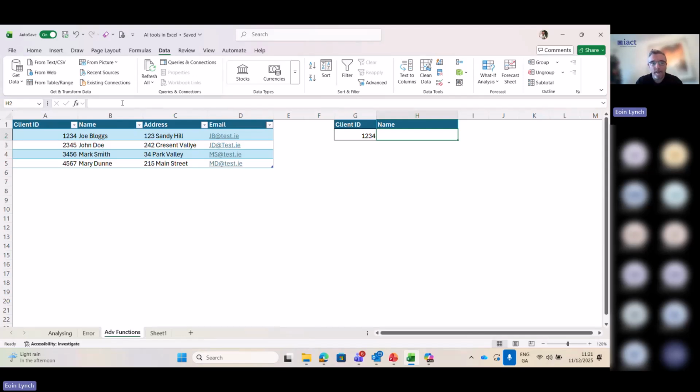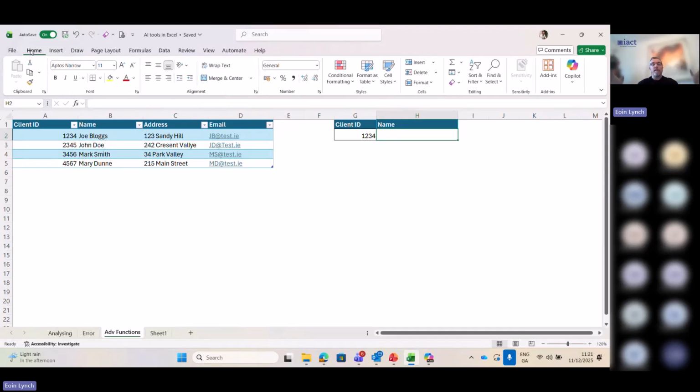How can you tell? This is just for those of you sitting there going, well, I don't know if I've got the enterprise version, which you should do, but I don't know whether I've got the licensed version. Maybe my company has paid for it. Well, it's fairly straightforward and fairly obvious: if you open up any of the Microsoft Office applications like Excel, and you have the licensed version, if you go into your Home tab, you will see there is a Copilot